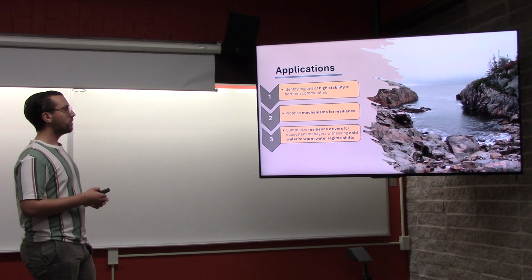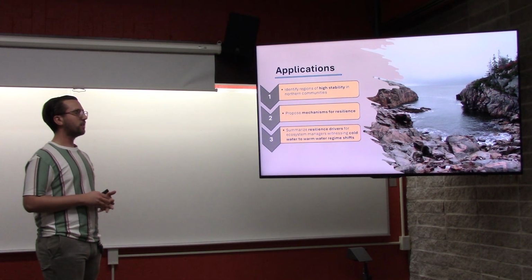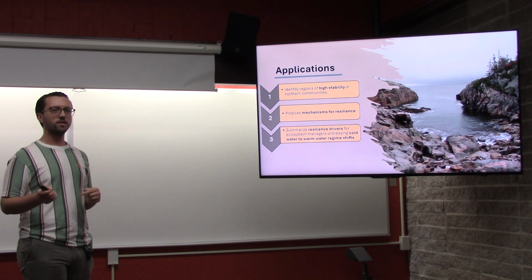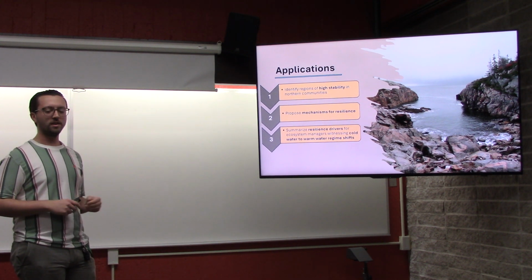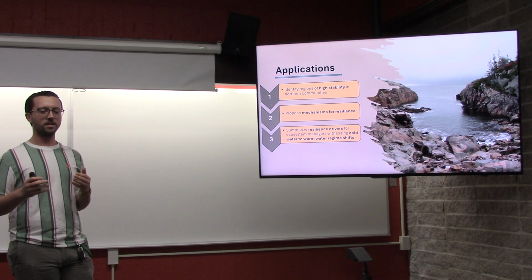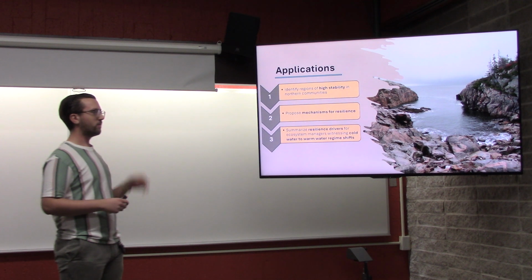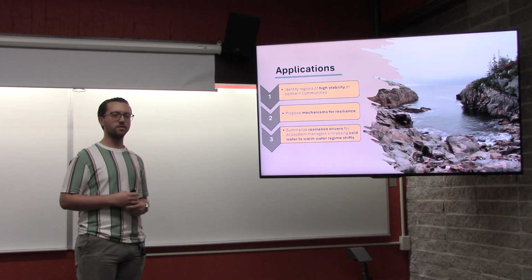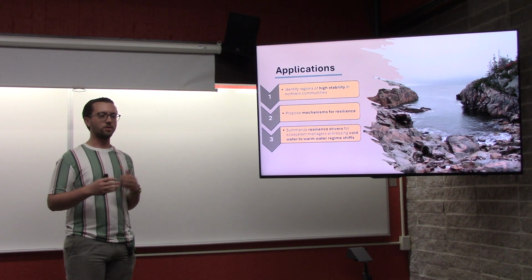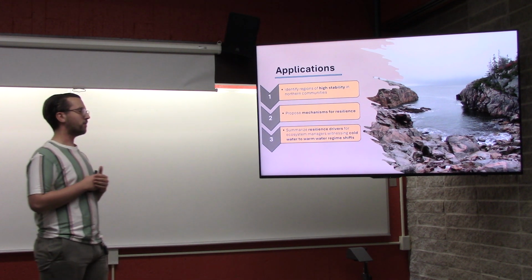So the application for this thesis is to identify regions of high stability, in particular in northern communities. I was interested in this project in the beginning because I wanted to see if the latitudinal biodiversity gradient that we often hear about in class, that as you go north in the northern hemisphere, you should have reduced biodiversity, can break down as climate change changes the thermal patterns of the world.